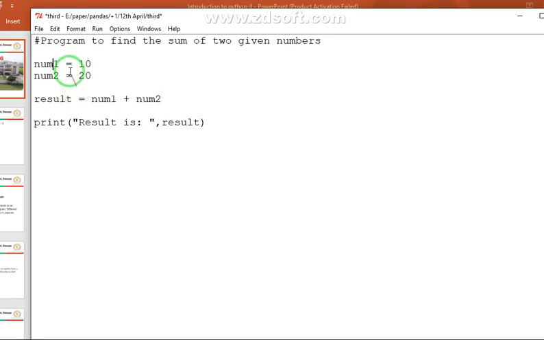So we learned about keywords. We have not used the keywords here, but in the coming programs you will find the use of keywords also. And this is what we have done for the day. So today we are done with two programs, a simple one just to add two numbers, and then the second one to find the area of a rectangle, where we use the concept of variables, assignment statement, and how to display the result.